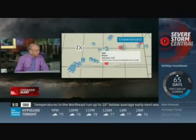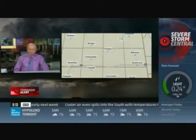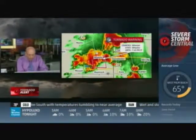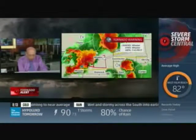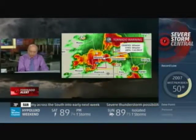But a storm that has produced some pretty strong winds around the Kellerville area is now heading off toward the Wheeler area. We've seen some 3-inch diameter hail as well by some of these storms in the Texas Panhandle. And very recently have now seen some pretty strong rotation in this storm spinning its way. You can almost see the spin, can't you, down in this part of the storm there, just to the south of that little hook. And so that's coming to an area close to I-80, to Highway 83,